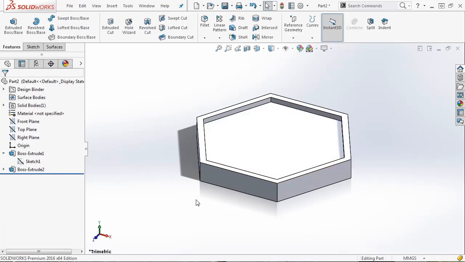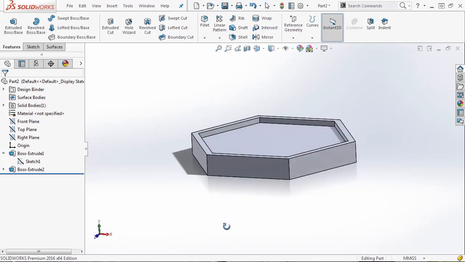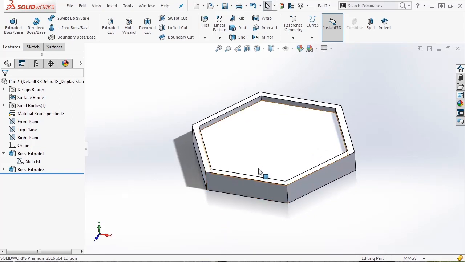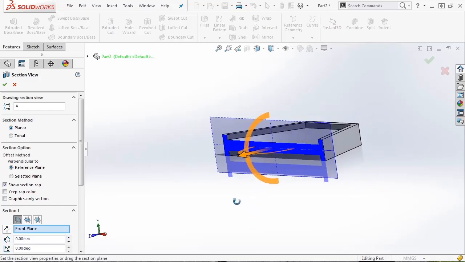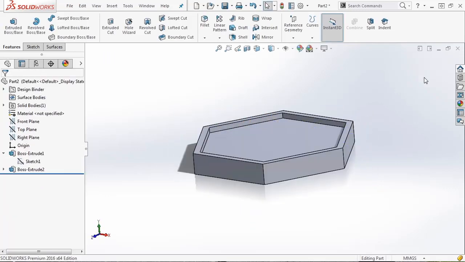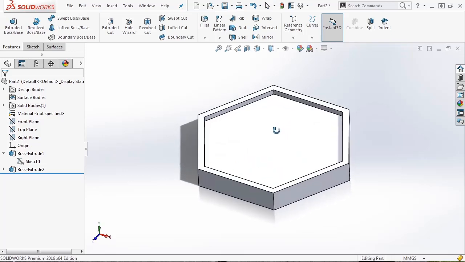Say OK. Now what we've done is we've created an outside hex that has a 15 millimeter wall thickness that is 25 millimeters taller above and below. And we have a center section that is 25 millimeters thick. If we do a section view of this, you can see what we've done is we've created an I-beam section. Let's go ahead and hit the X to get out of our section view,